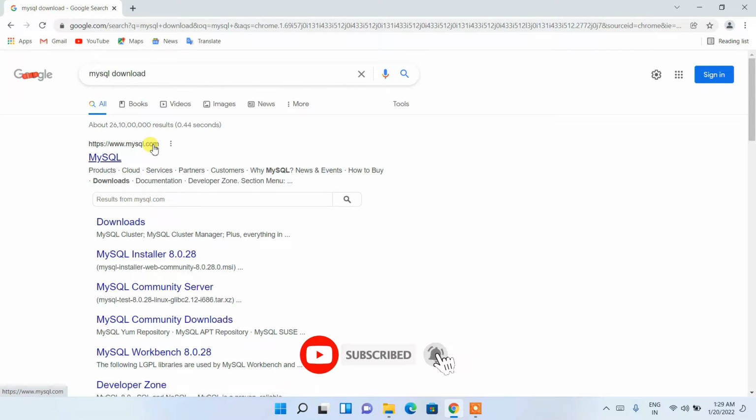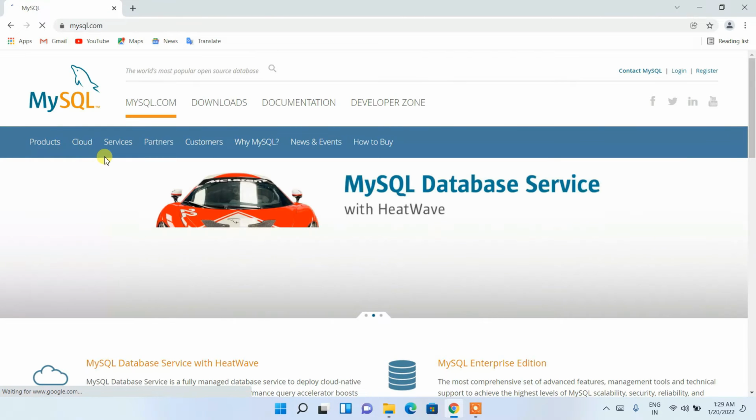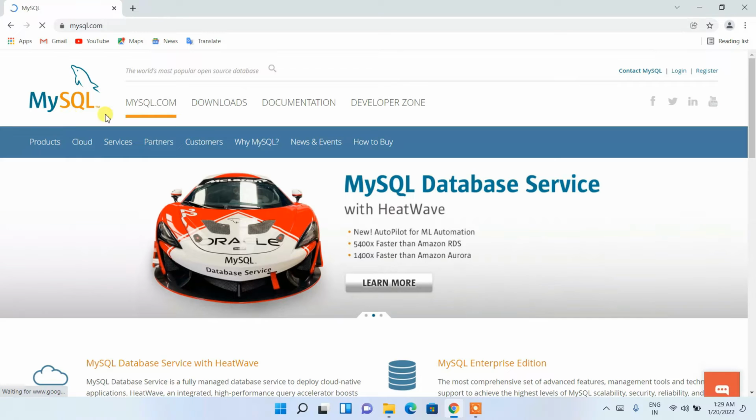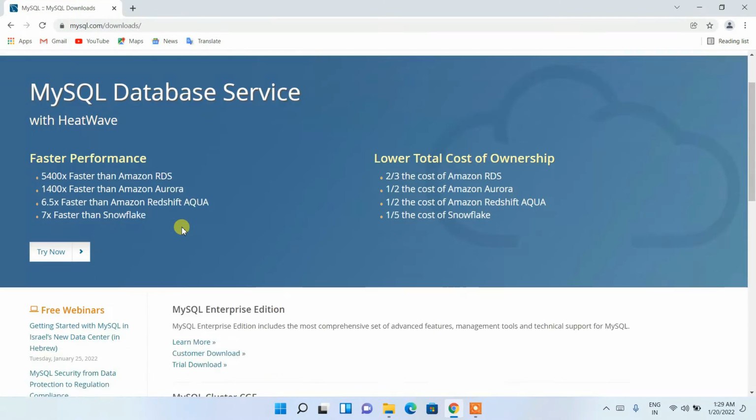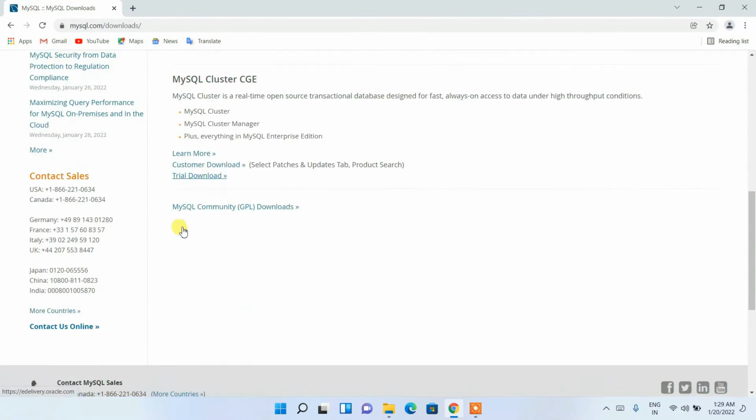www.mysql.com is basically your first search result. So just click on this MySQL and it will redirect you to the official site of MySQL. Here you need to simply click on this download button, and it will redirect you to this download page, and here you need to scroll down and you'll be seeing